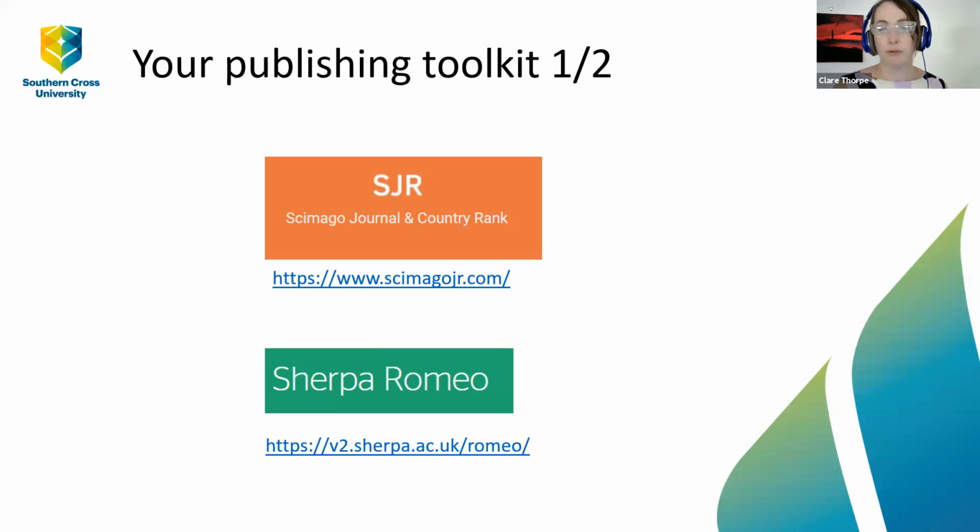Sherpa Romeo is an online resource that aggregates and analyses publisher open access policies from around the world. And it summarises these copyright statements and the different types of open access for each journal in a really easy and clear to understand way. So again, as you're starting to develop your publishing strategy, Sherpa Romeo is a great tool that you can use to very easily see what options you have in each journal. Is it gold? Is it hybrid? Does it allow you to put your accepted manuscript in the research portal as an institutional repository? What are the embargo times and the like?